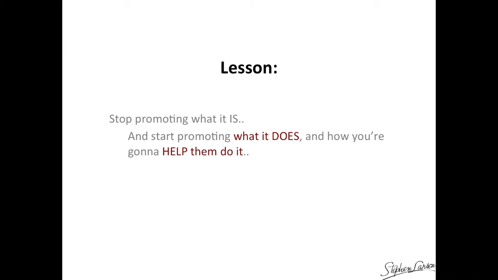Okay, so here's what most people do when they market their business. Our company is a great company, right? They hold the sign, our company's a fantastic company, our company's amazing. We're 1,000 points up in the stock market. We have the best compensation plans. And this is how most people promote their business, this is how most people promote their products. What they should be doing is promoting what it does. They should be showing the prospects how they can do it as well.